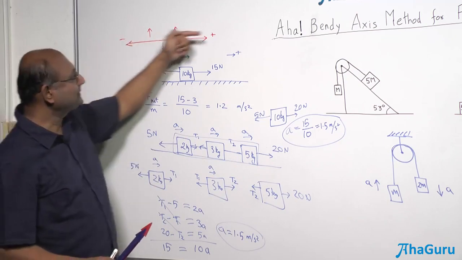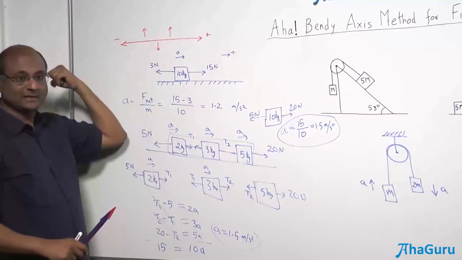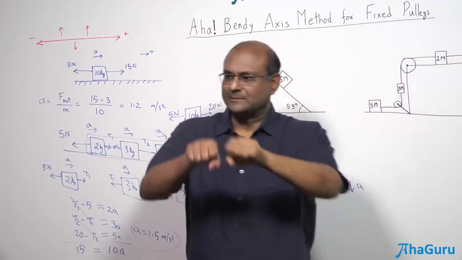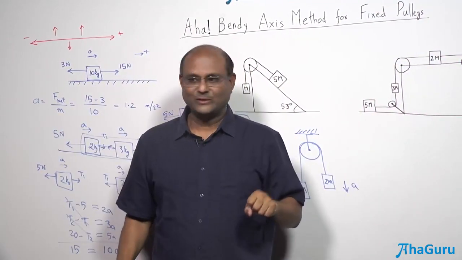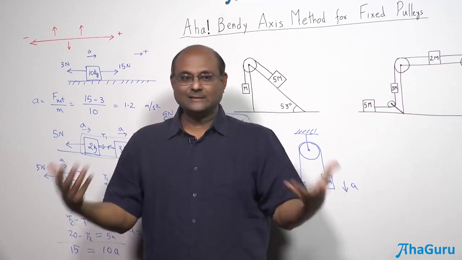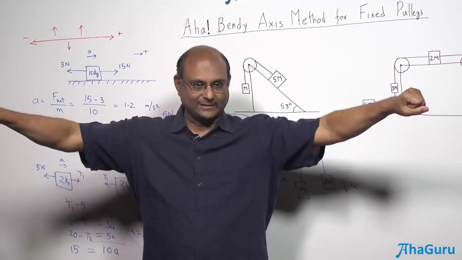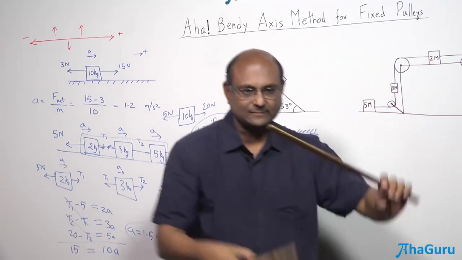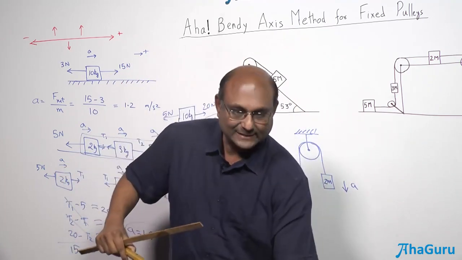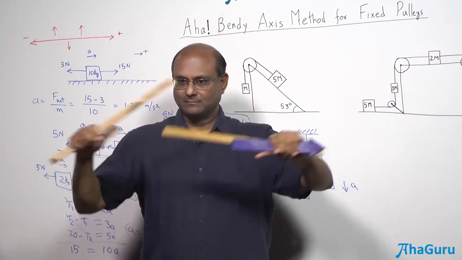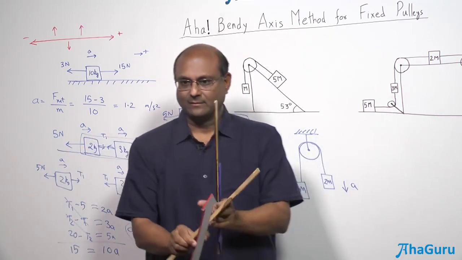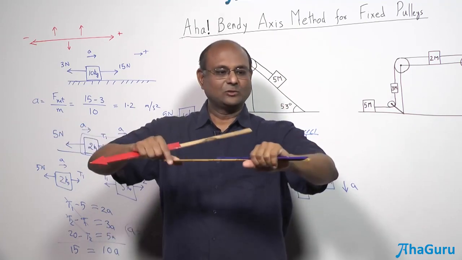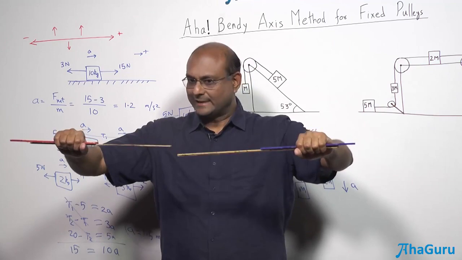Okay, what is the plus? That. What is the minus? This. Now, who says that we must have axes that must be straight lines? So here is the basic idea. Just reimagine your axis. Suppose I took my axis and I bent it. So imagine, suppose this was my axis. What will be my plus direction? This direction. What will be my minus direction? This direction. So here is my axis. So my plus direction is going that way and my minus direction is this way.